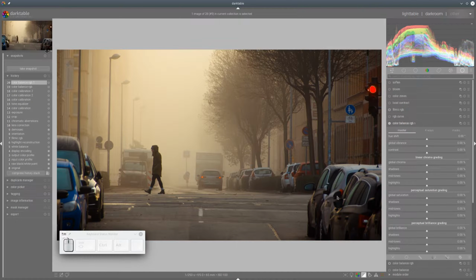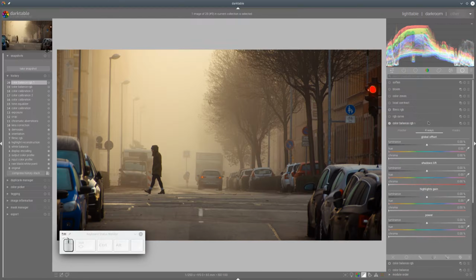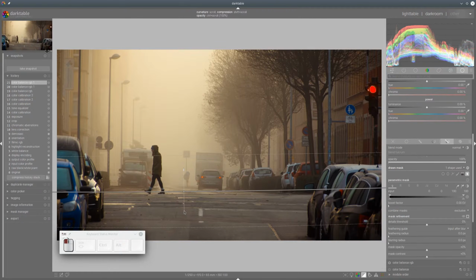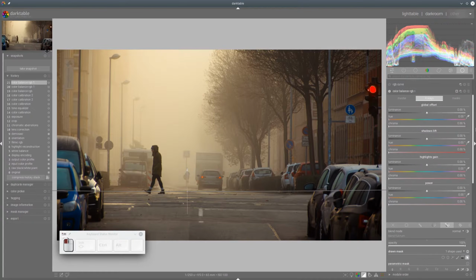I would like just a tiny bit colder colors here, so we will mask only that road here, just real quick with that mask,